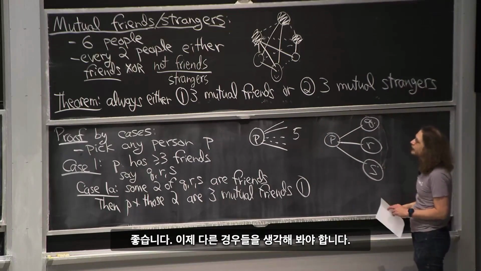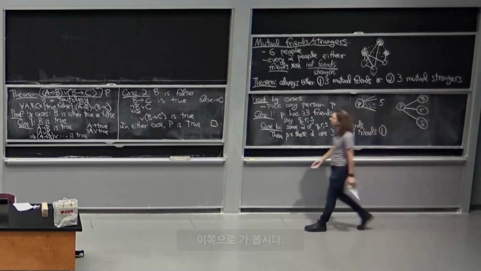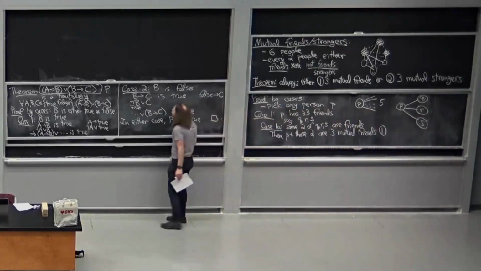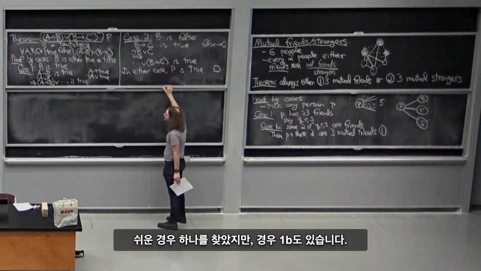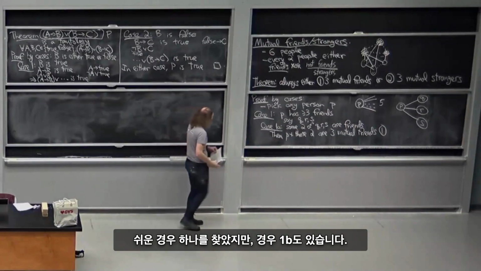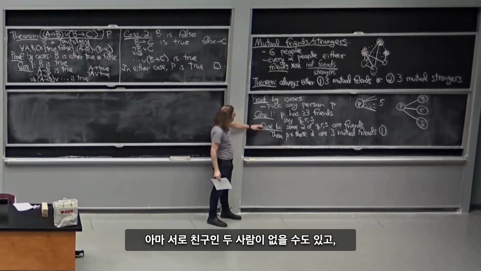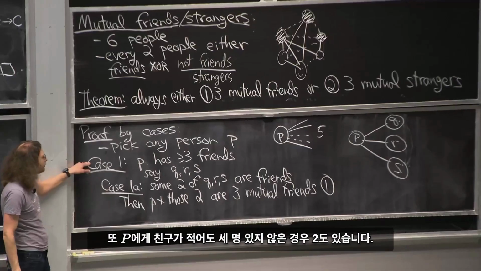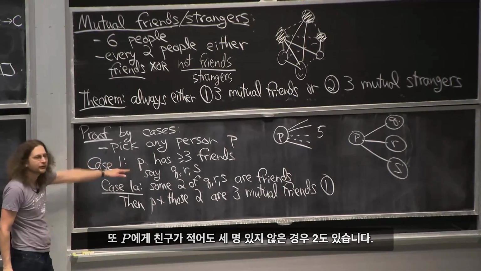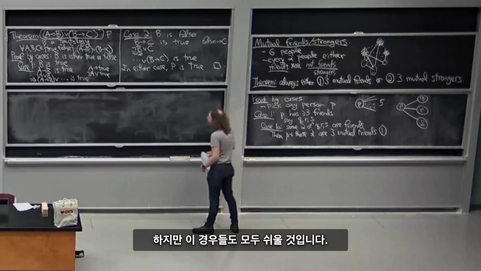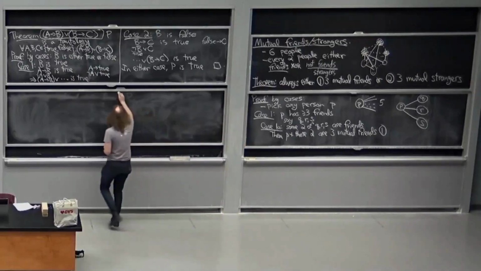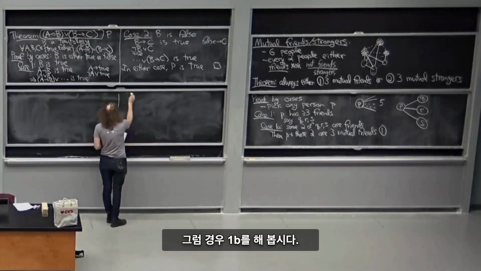Okay, so now we need to think about the other cases. Let's go over here. We found one case that was easy, but there's case 1b, which is maybe there aren't 2 mutual friends, and there's case 2, where P does not have at least 3 friends. Okay, but it turns out all of these cases will be easy. So let's do